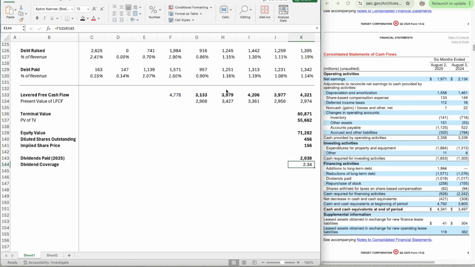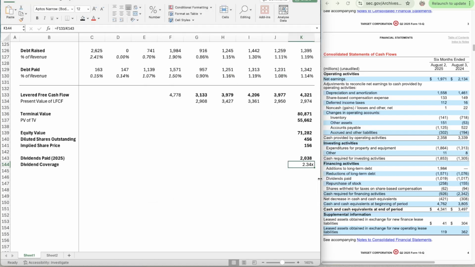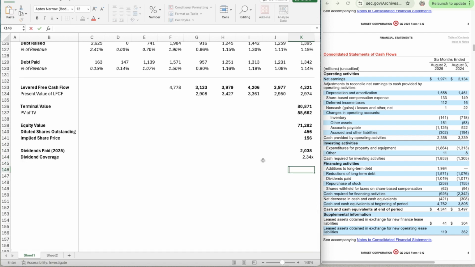$2.34, and then okay, go custom. Put an X on the end. See, I mean, it can more than cover its dividend, and it's got room to grow its dividend. I mean, the growth in the dividend isn't great though. But if we see the share count go down, as it has been, they're doing that through buybacks and yeah, through